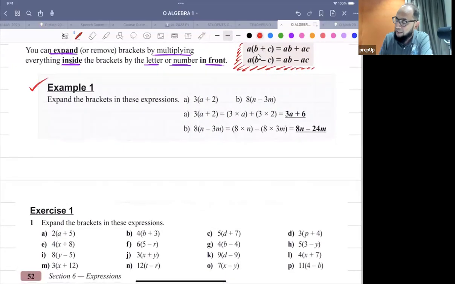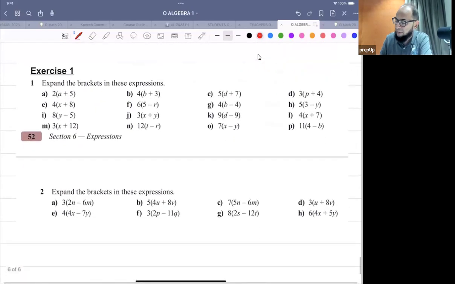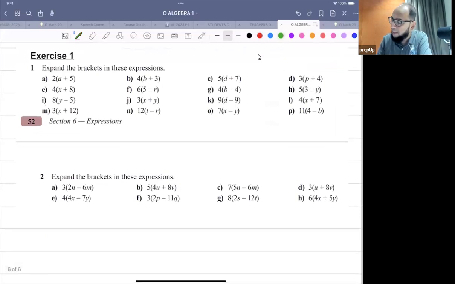For example, in example 1, 3 multiplies with a, 3 multiplies with 2. So that becomes 3a plus 6. Similarly, 8 multiplying with n minus 3m. So that is 8 into n, 8 into 3m, that becomes 24m. The minus sign in the middle remains as it is. The positive sign in the previous example remains as it is. So now it says expand